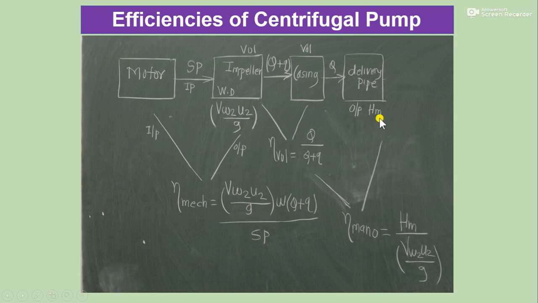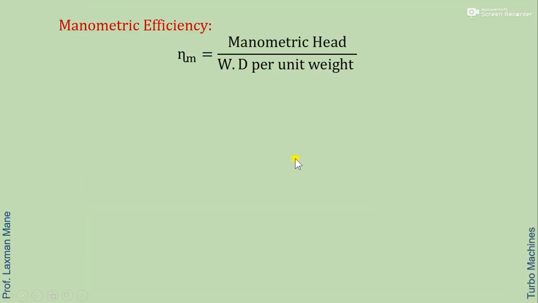So if we consider the manometric head as an output and the work done at the impeller as an input, then the ratio of both is called the manometric efficiency. So manometric efficiency is equal to Hm divided by Vw2 u2 upon g. Now enlist the points. Manometric efficiency is the manometric head to work done per unit weight. The manometric efficiency final formula can be written as g into Hm divided by Vw2 u2,